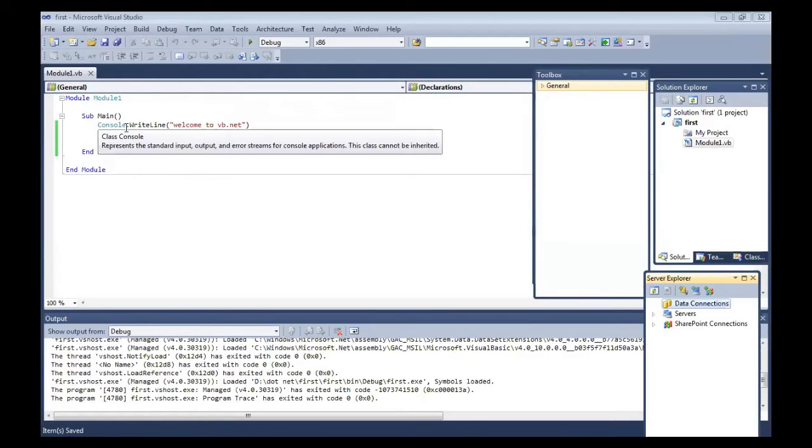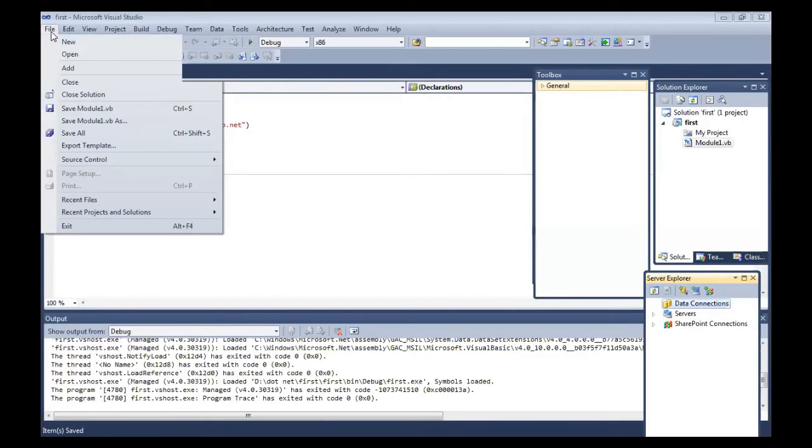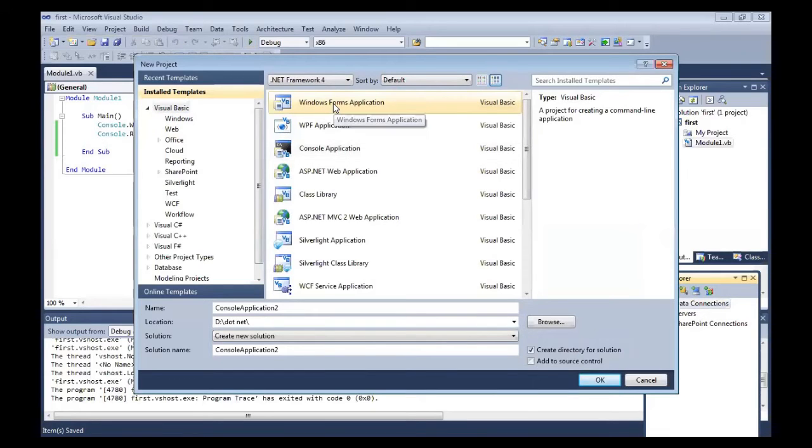Now, this is related to the console program, so every time you need to remember the command. The second way is how to create a Windows application. For that, you simply go to new project. You simply select the Windows application. For the first one, we had selected console. Now for Windows application, you need to select Windows Form Application. The default name for this one is Windows Application 3. You can rename it.